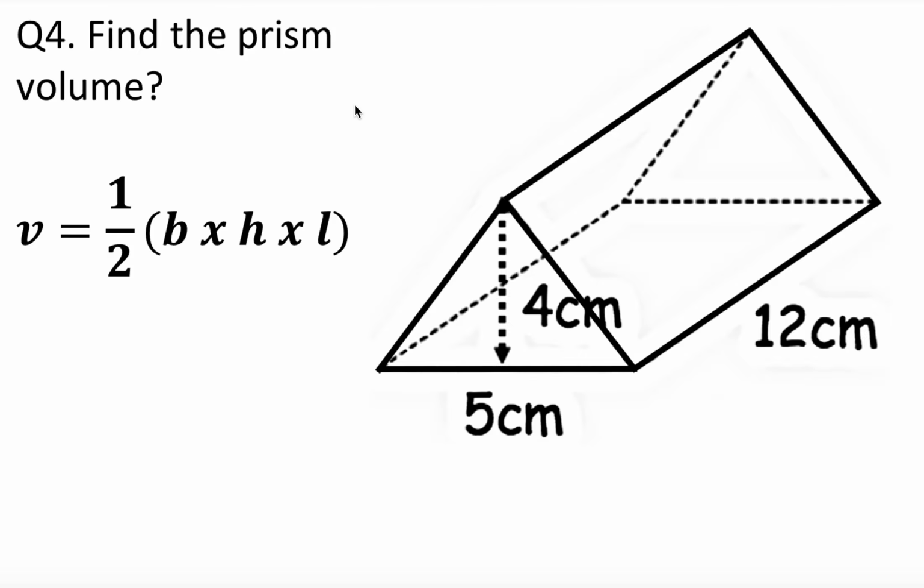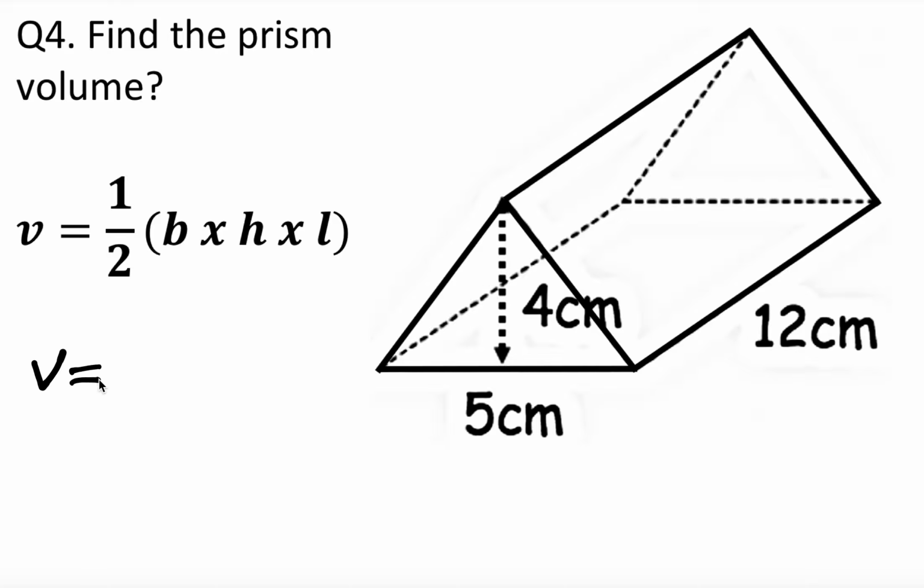So what you've got to do here is find out the volume of the triangular prism. I've given you the formula here: the volume equals half the base times the height times the length. And on the diagram, we've got all the information. So if I write this down, the volume here,